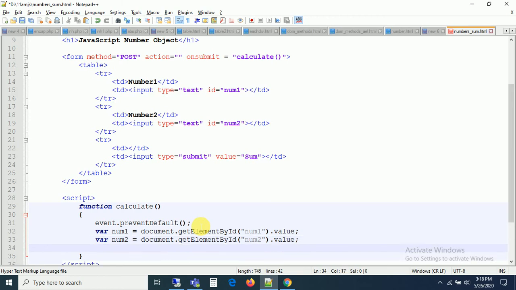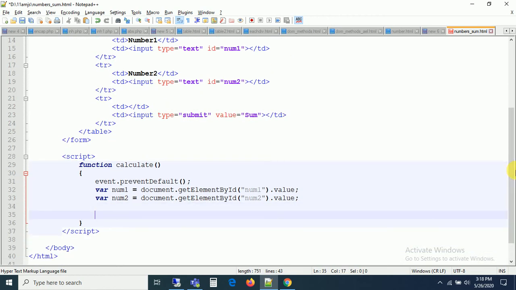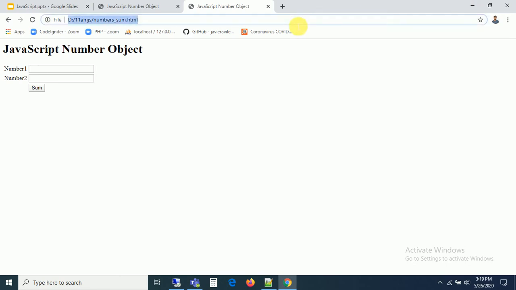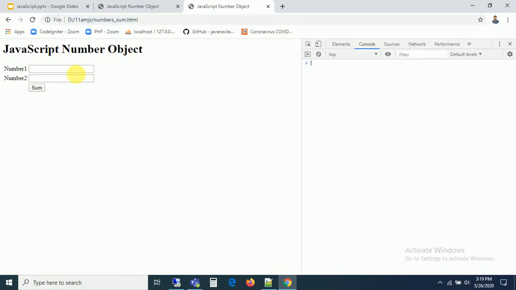I want to sum them, guys. Can you see, if I sum them, what is my output here? Or else you can take an alert also, whatever it may be, or you can write console.log, no problem. Just write console.log of num1 plus num2. Can you see what is the output here? Now these are going to be concatenated, because whatever value you are entering in the input field is going to be a string. Let us go with 100 and 200. Now you can submit it. That is going to be concatenated, 100 and 200.